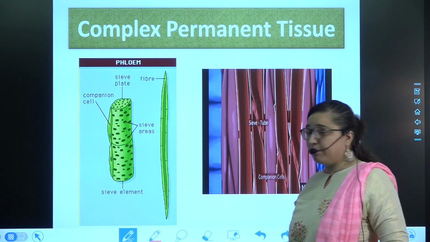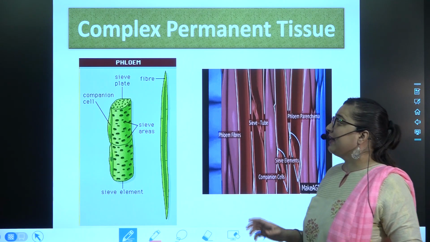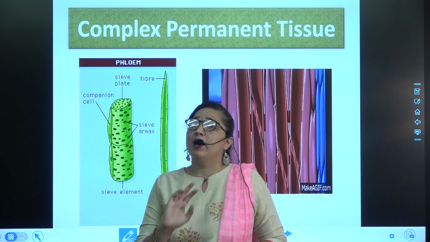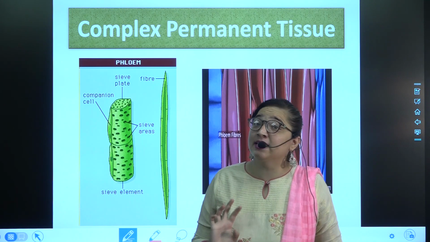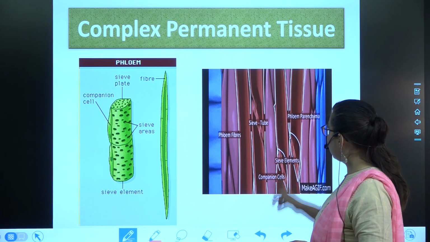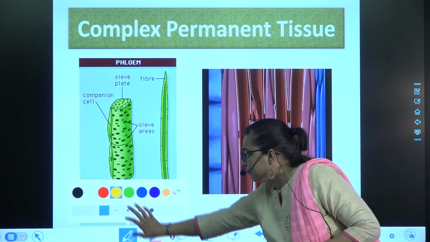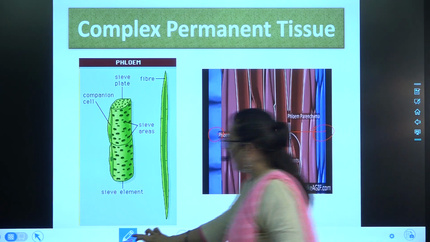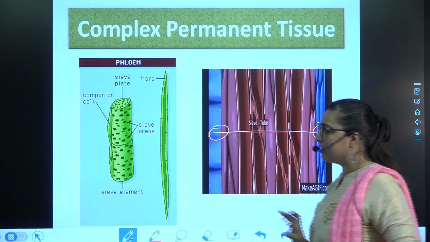Okay, you can see the fiber, it is very narrow and it is tapered towards the end. Like sieve tubes, we have companion cells, so the origin and function are the same. So they are called sister cells. And parenchyma, where does it help? Parenchyma helps in lateral conduction. Okay, where does it help in? The lateral conduction. Conduction in this way.